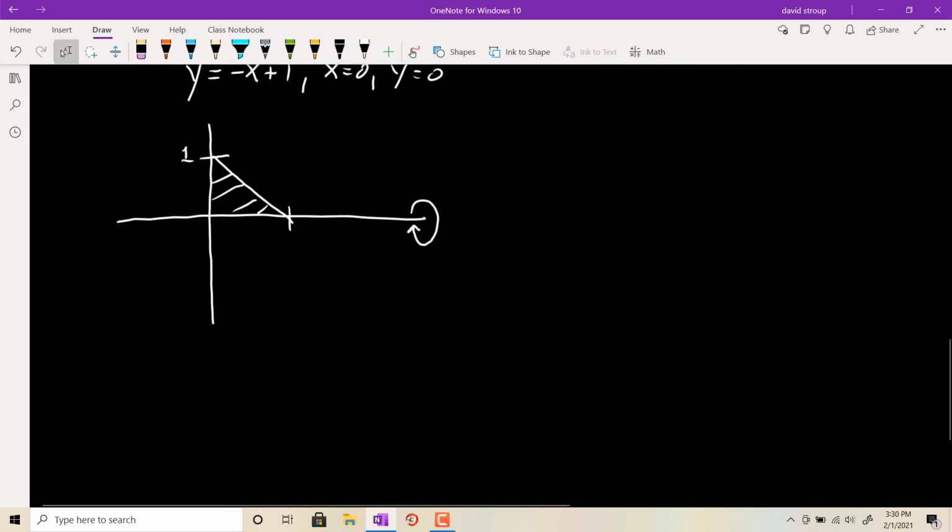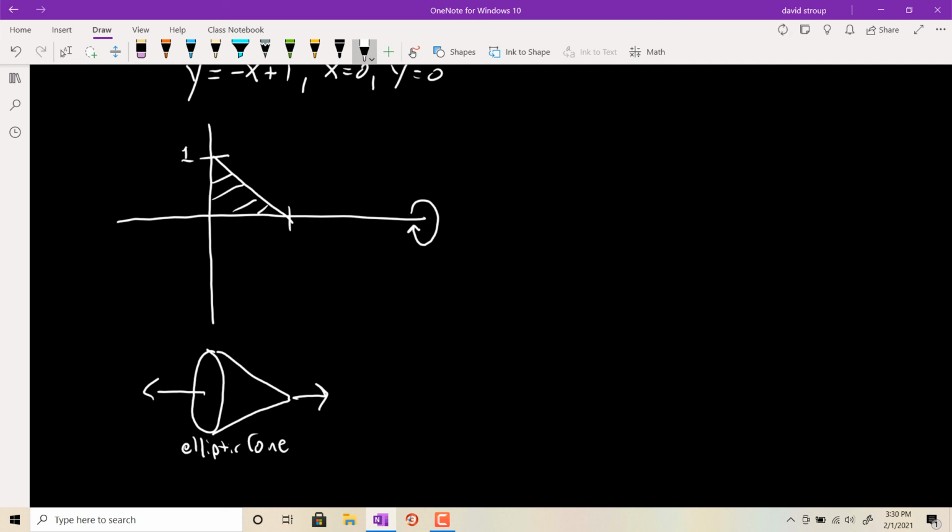The end result then will be what they call an elliptic cone. In Calc 3, you'll look a little bit more in detail at these, what are called quadric surfaces. There are particular types of these, but in this case it's an elliptic cone. So we want to find the volume of that elliptic cone, and something that helps me, because things are going to start getting real crazy real soon,